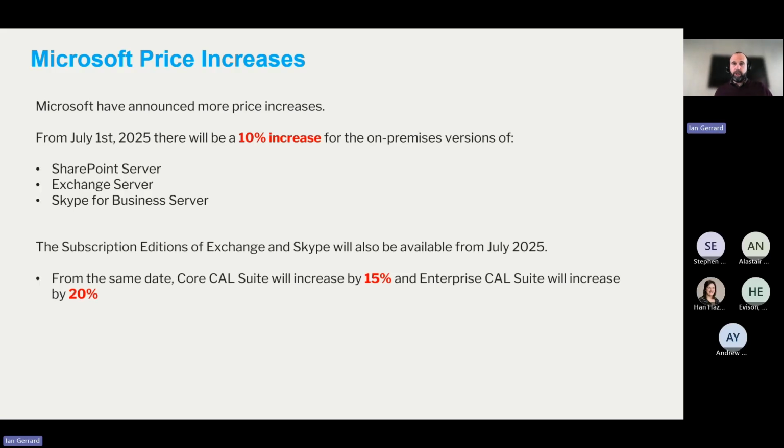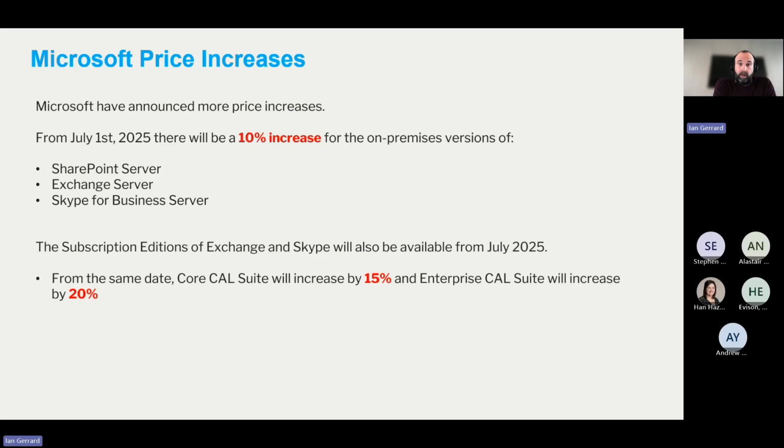Actually, I don't want to be completely disingenuous, because back in April this year, there was a price decrease. When I say April, I obviously mean February, because that's what I said the first time. And it was a 6% reduction on February the 1st, 2025. We do know there's price increases coming,